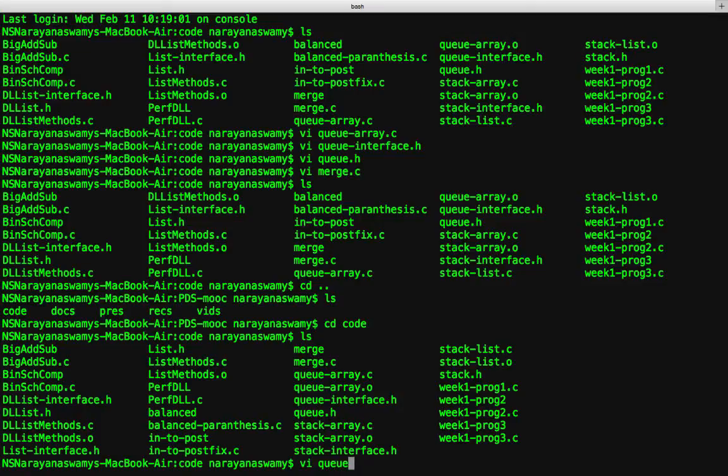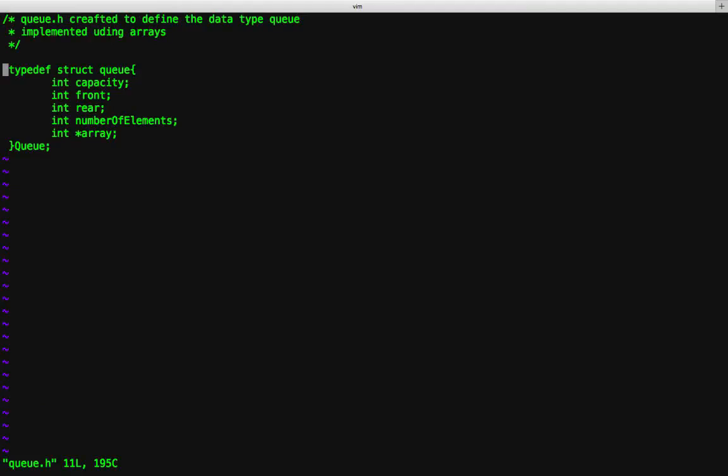As usual, q.h contains the basic object, right? Basic queue object. Observe that it has variables for the capacity of the queue, a pointer to the front, which is an index, a pointer to the rear, which is an index, that is an integer, the number of elements which are present in the queue, and capacity tells you how many elements you can store in the queue, and this is an array. This is a pointer to the actual queue array. The data items are present inside the array pointed to by this variable array. And this data type is called the queue data type. We will see how to instantiate this queue data type